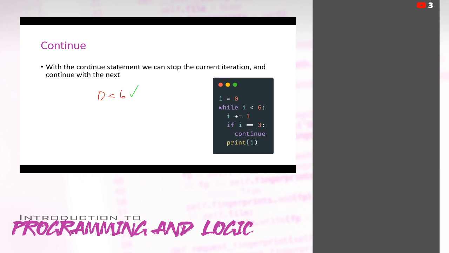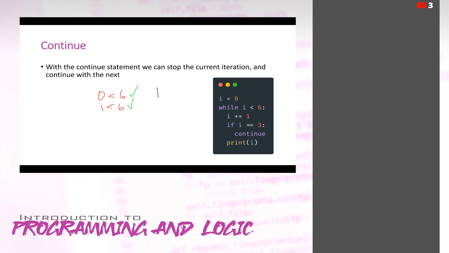Because it's the first thing we've done in the flow of execution. So now we're going to check to see if I equals 3. It doesn't yet. And then we're going to print I. So at this point, we're going to print 1. And then 1 is less than 6. Which is true. That 1 immediately becomes a 2 in our flow of execution. If 2 equals 3, which it doesn't.